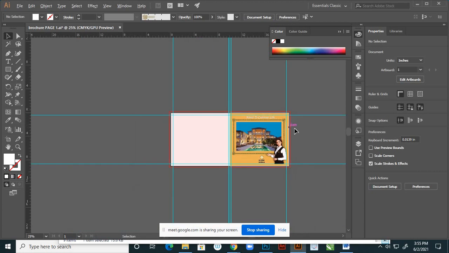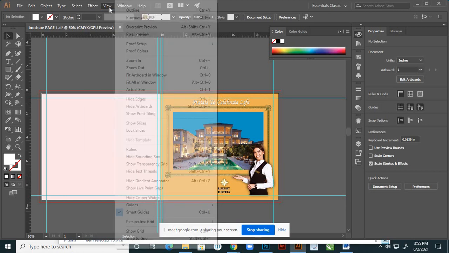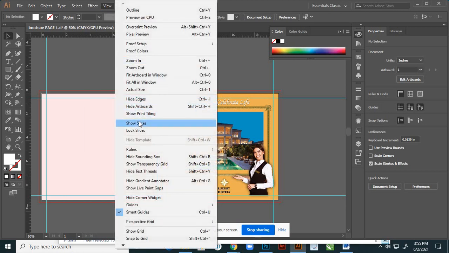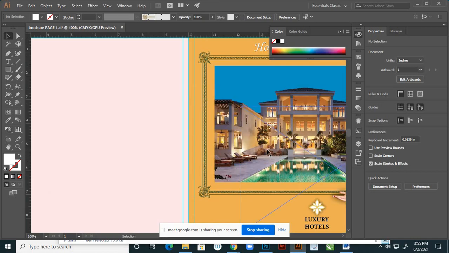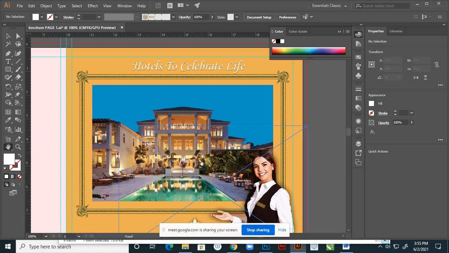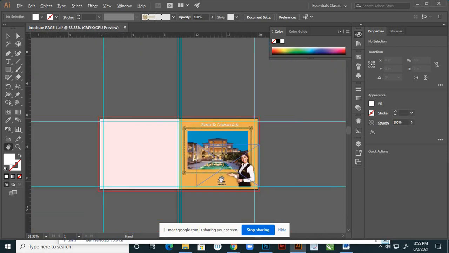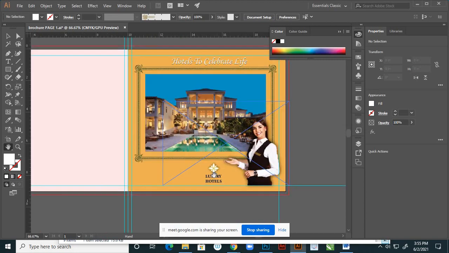This is the minimum size, and if you check with the actual size, you have to understand that. Where is that actual size? Yes, everything is readable. The readability is there, but I have to place this in the center.